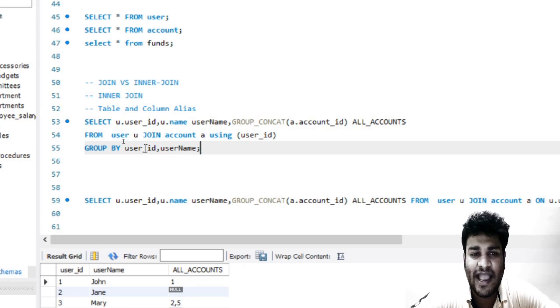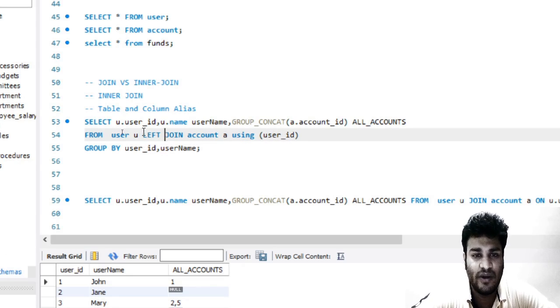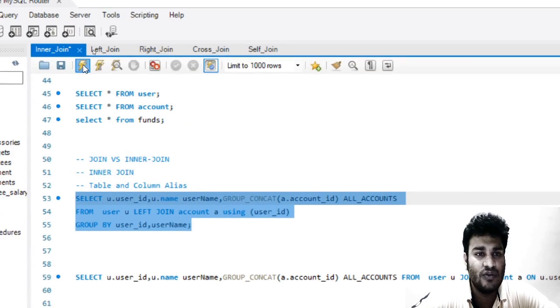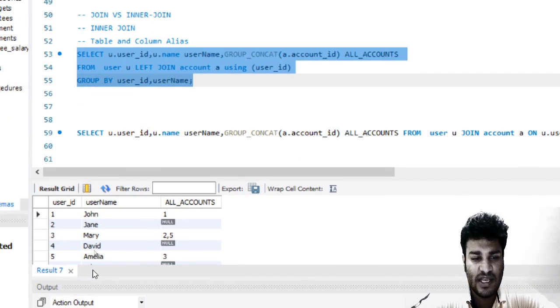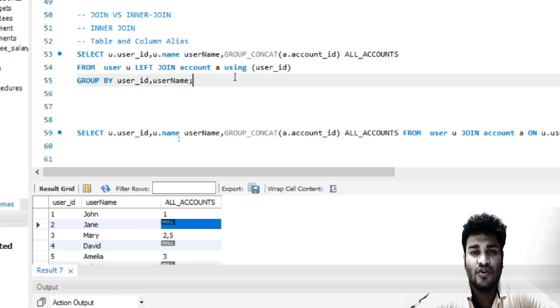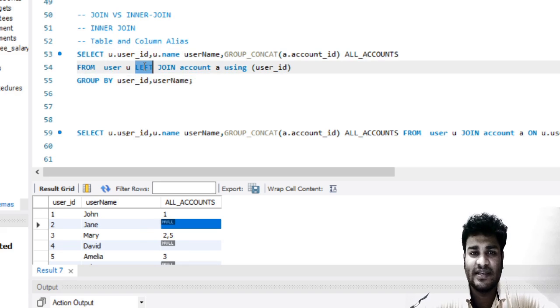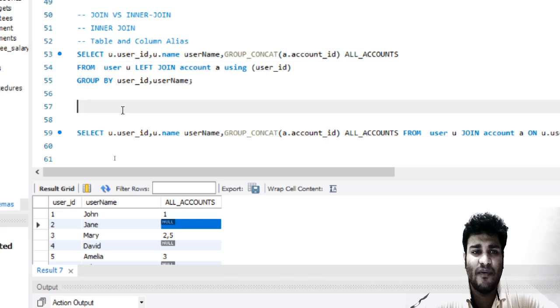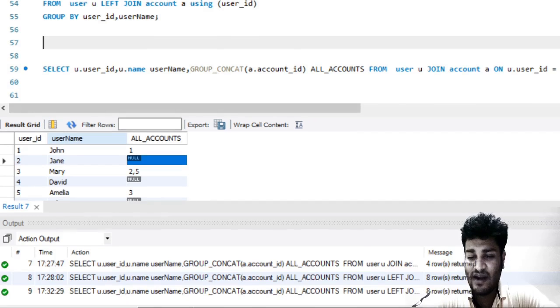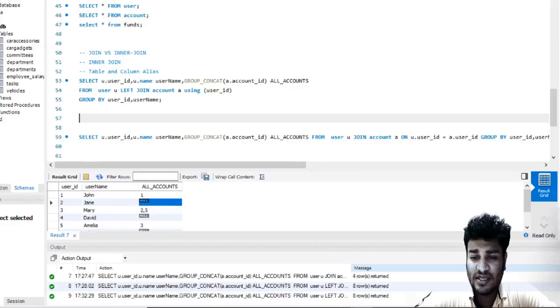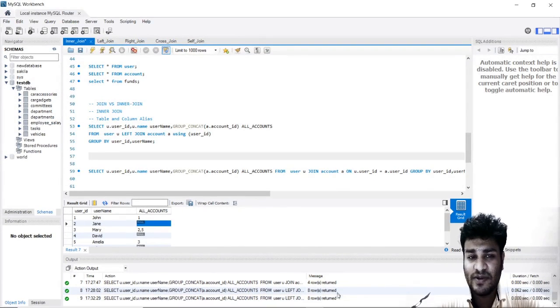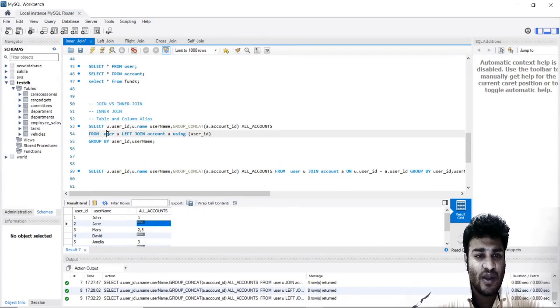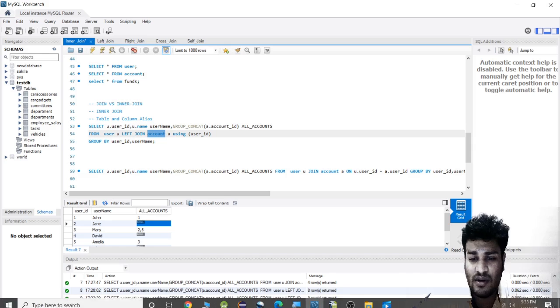For doing this, we actually need the left join. So if we just mention left join and run this statement, we will be able to see all the usernames and all the accounts, even the usernames which have null accounts. So in the next chapter, we will be discussing the left join. But before closing up this chapter, I want you to understand one more scenario. This scenario is basically a join in which we will be joining more than two tables. Here we are just joining users and account.